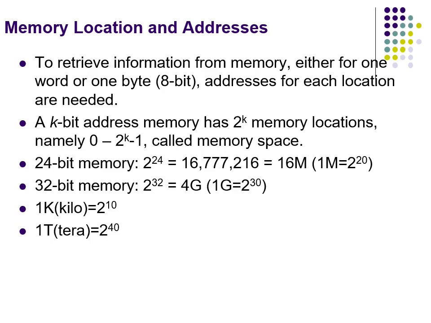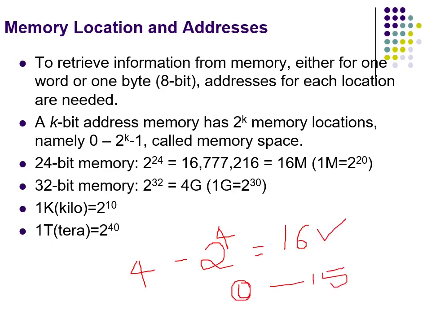So how are addresses assigned? K bits address 2 power k memory locations, and the number of bytes. And what are the addresses actually? 0 to 2 to the power k minus 1. That means I have a 4-bit address, so I can address 2 to the power of 4 bytes. Number of bytes 2 to the power of 4, nothing but 16. But addresses start from 0 to 15. Number of bytes 16, address starting from 0 to 15. 15 is nothing but 2 to the power k minus 1. So addresses start from 0 to 2 to the power of k minus 1.